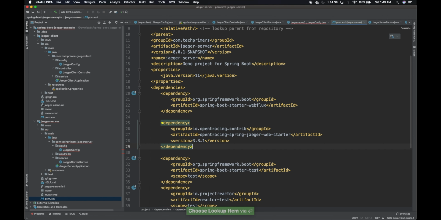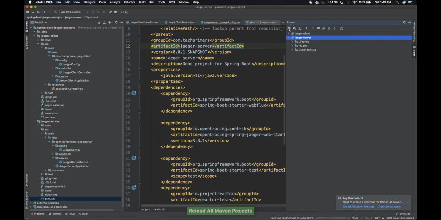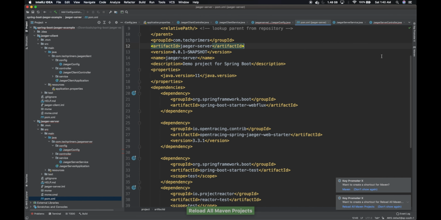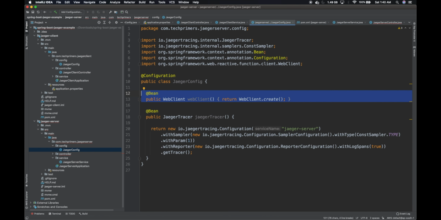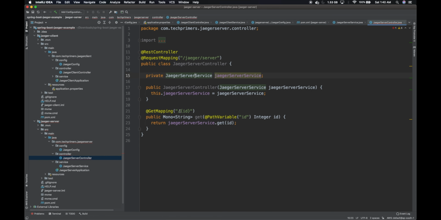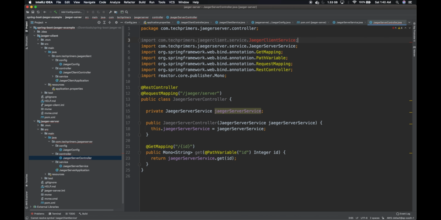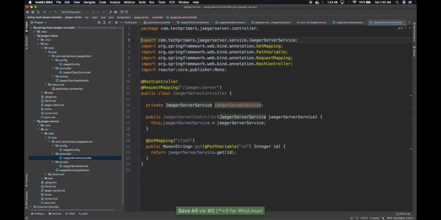So done. Right now I should be able to re-import the Maven project, and once it's re-imported I should be able to see the issues gone away. Yeah, so I have changed the configuration name as Agar server and all the other parameters are same. So I also have the web client here because I'm using the server to connect to the external numbers API. So that's why I have that here. Meanwhile, I think I can remove this. Yep. So I think the server is also ready.